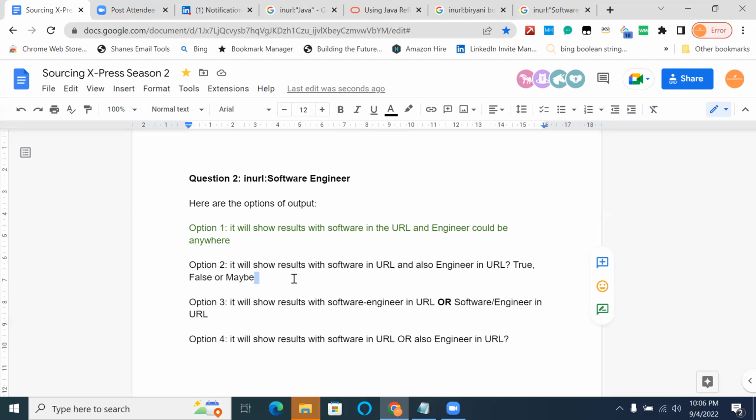The reason is that whatever we have put after the colon, software, this is the only first word Google is taking and understanding. Rest after that, space and engineer, is considered to be a second search. So whatever first search it is considering in the URL, it is software. That is why it is coming into the header in the browser.